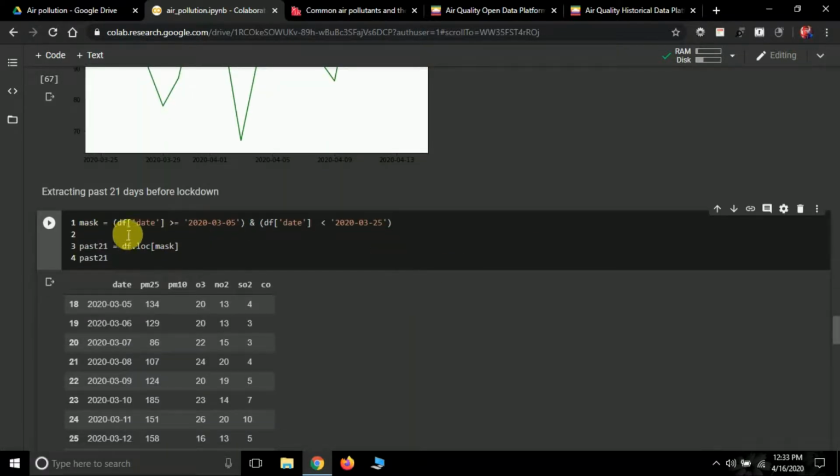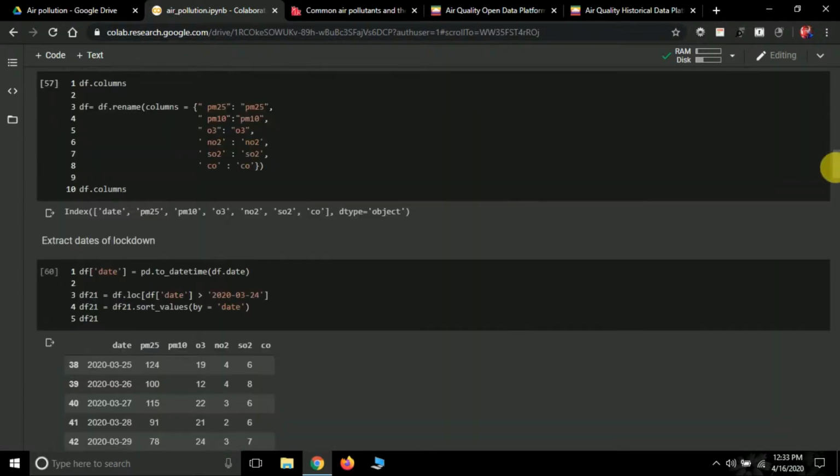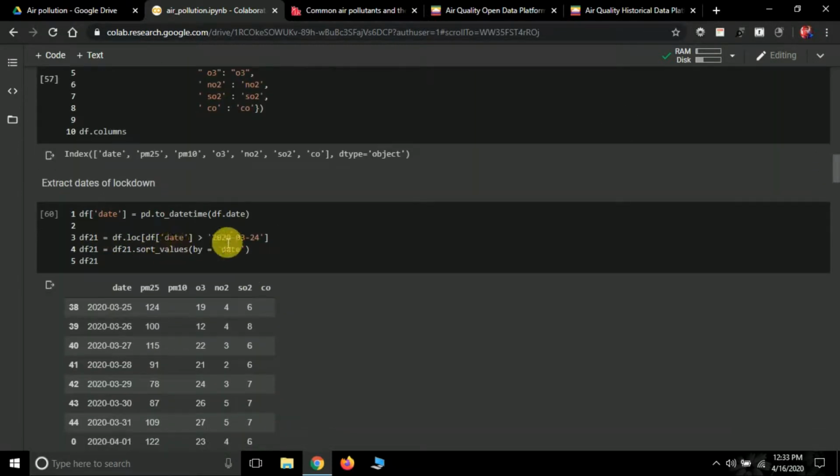I have created a mask variable here. Inside it we pass df date greater than or equal to 5 March 2020 and df date less than 25 March 2020. I want all the rows between these dates. So past 21 will be our new data frame. df.loc to extract the rows, and we'll pass the mask here. We did the same thing here, initially: df.loc, df date greater than 24 March 2020.